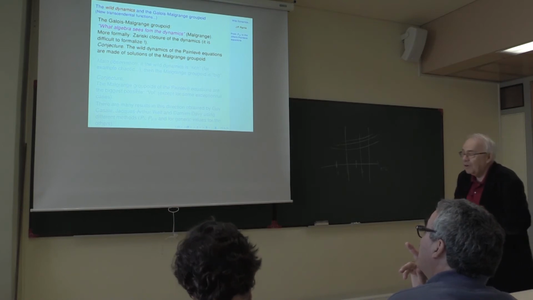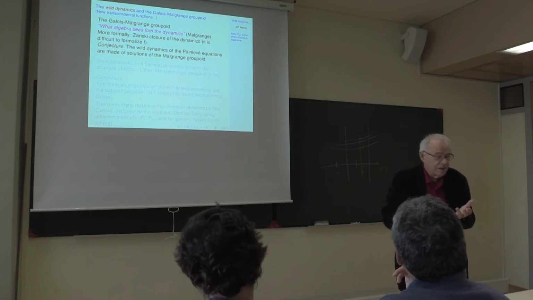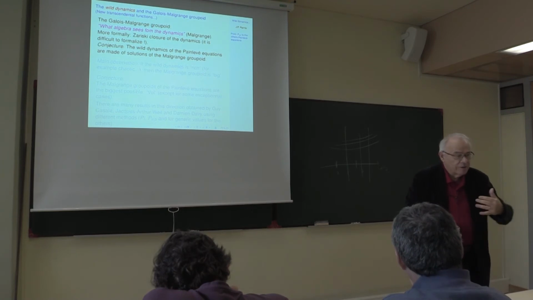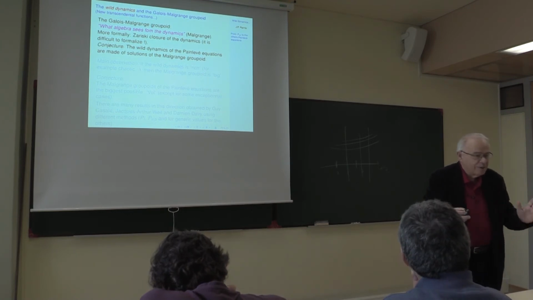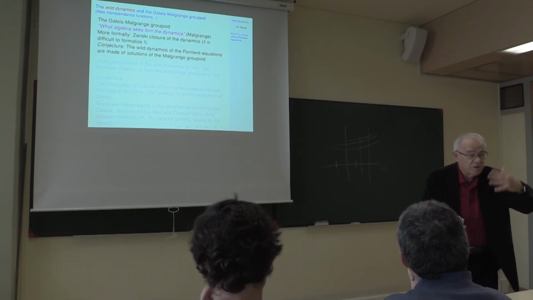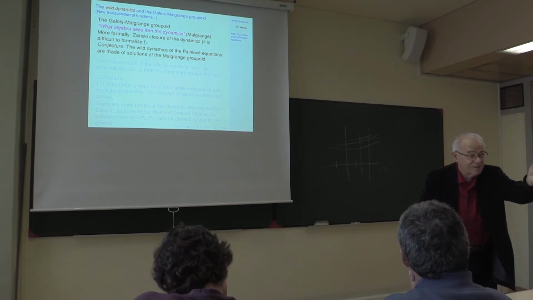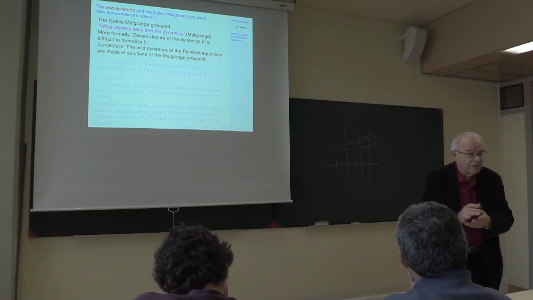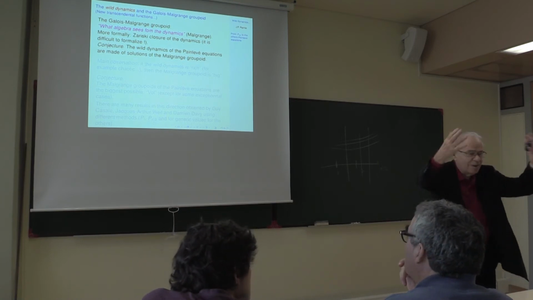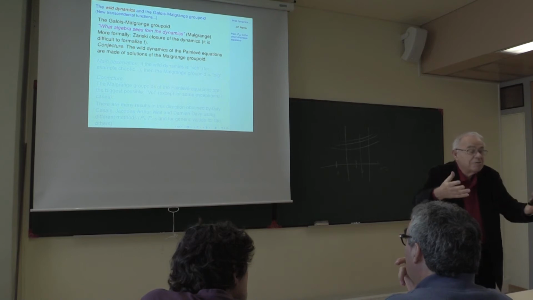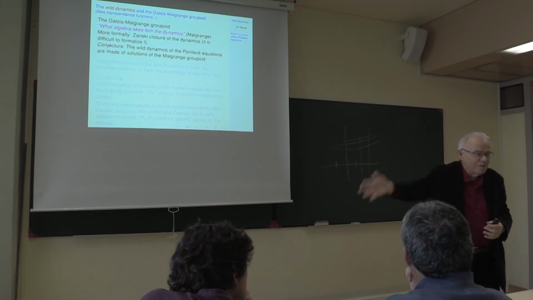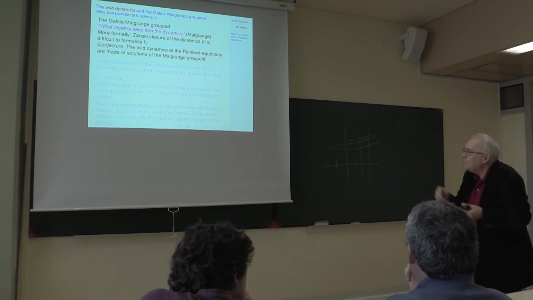Formally, Malgrange's idea is to take the Zariski closure of the dynamics. You take the dynamics, you take all the jets of the dynamic at some order. If you fix the order of jets, you have an algebraic object. And you take the projective limit of all these jets of dynamics, and you can do, in some sense, a huge, infinite dimensional Zariski closure of this thing. This is the groupoid. It's a complicated business.